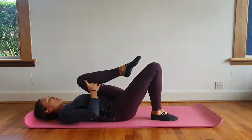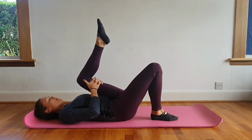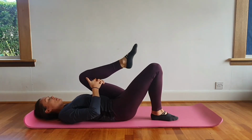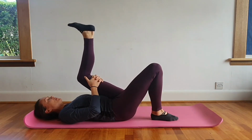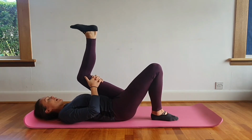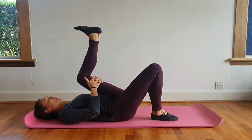Other leg up to your chest, hands behind your knee. Start to straighten the knee, but keep it up. And then bring your toes up towards you, turn it on. And release. So we don't want to hold these stretches for anything more than 5 seconds because we're pulling on those nerves and they're not elastic, so they're not happy when you try and stretch them. Once more here, toes up